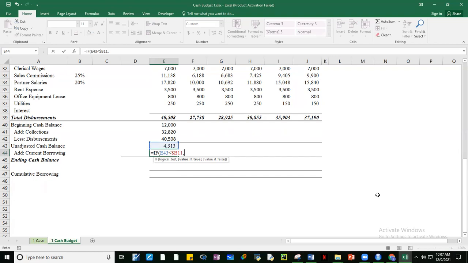Thank you. So it should be, copyin ko na lang to, yung minimum cash balance, Control C, minus, 11, minus this one. Otherwise, wala, zero. Walang borrowing. Or empty na lang.